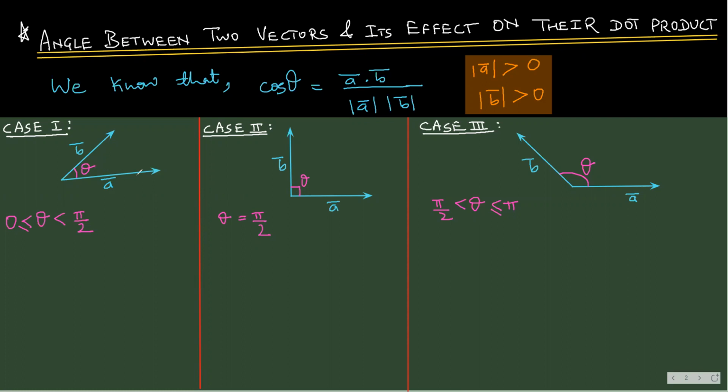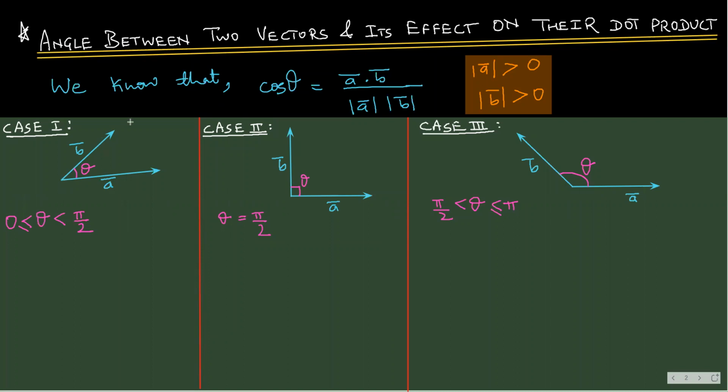In the first case, we are going to take the angle between the two vectors a bar and b bar as acute angle. See, this theta is acute angle. That is, theta can be anywhere in between 0 and pi by 2. It can be equal to 0, greater than 0, lesser than pi by 2, lesser than 90 degrees. Okay. So how can the angle be?